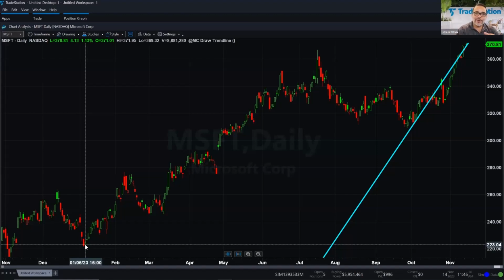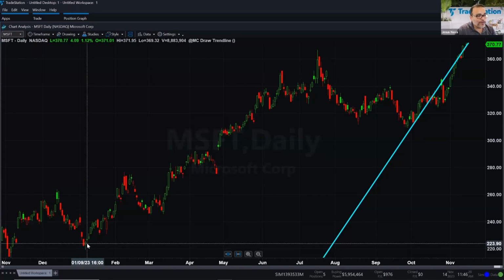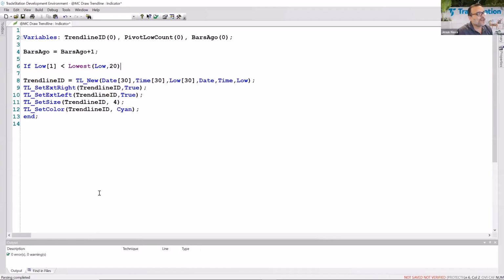I'm looking at the lows and comparing it to the pivot low. If I'm on the following bar or the bar after the pivot and I'm looking back, I don't want to include the low of that bar that I'm on. I don't want to include the low of the pivot. So I have to go 2 bars back. So I'm going to come over here to the code and make sure that the lowest calculation is calculated 2